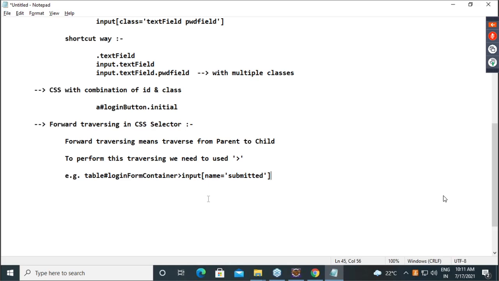Now, can we do forward traversing in CSS? Yes. Can we go parent to child? Yes. Can we go child to parent, backward traversing? Clear with this? Sure? CSS, uni or bi? Unidirectional. Clear with this?